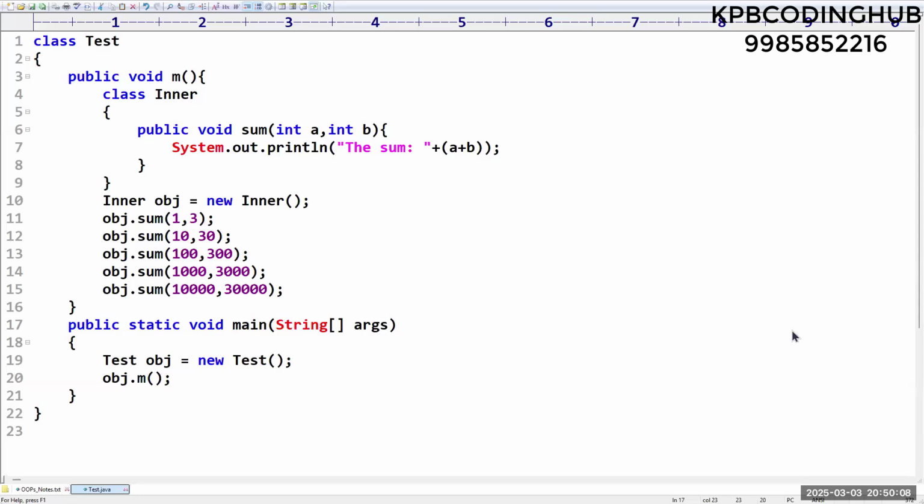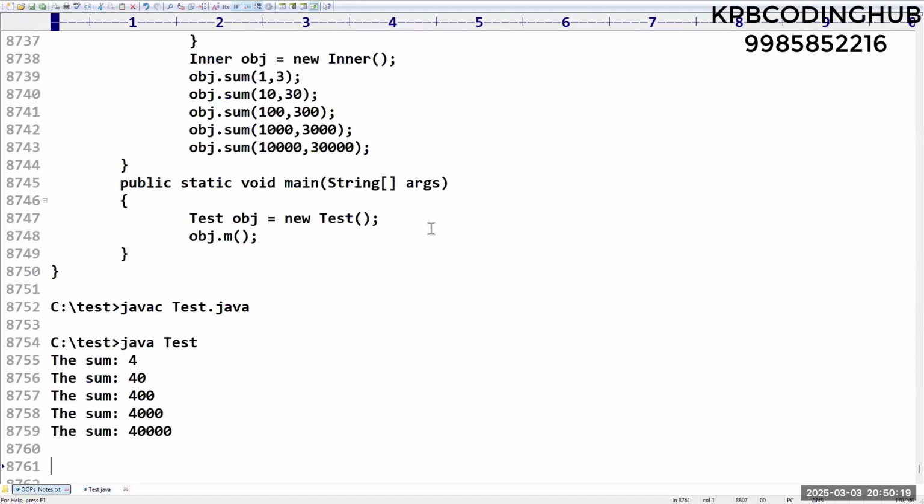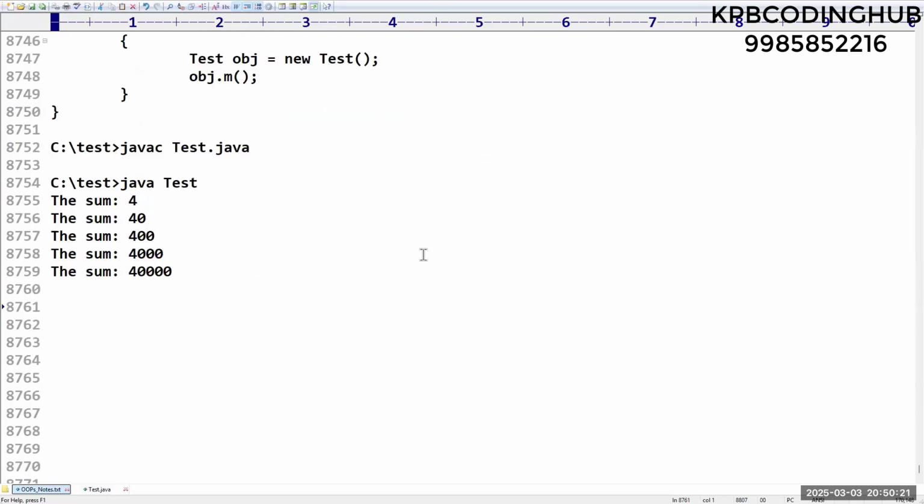Clear? Shivana. Right. Kiran, clear up to this? Yes, sir. Right. So next